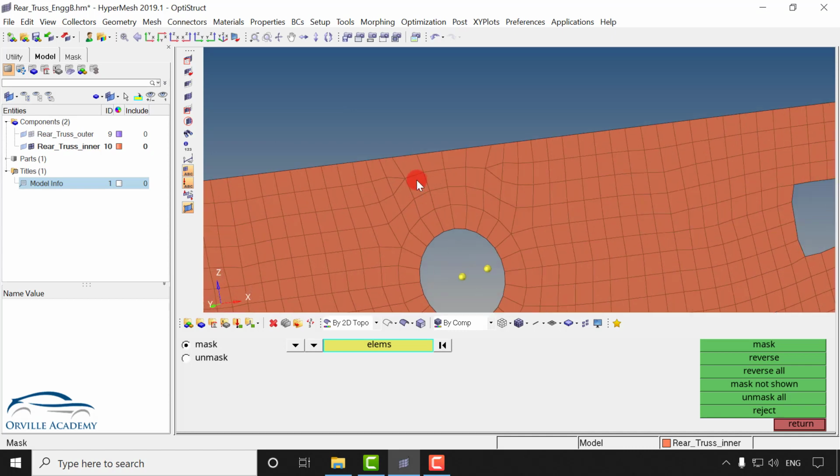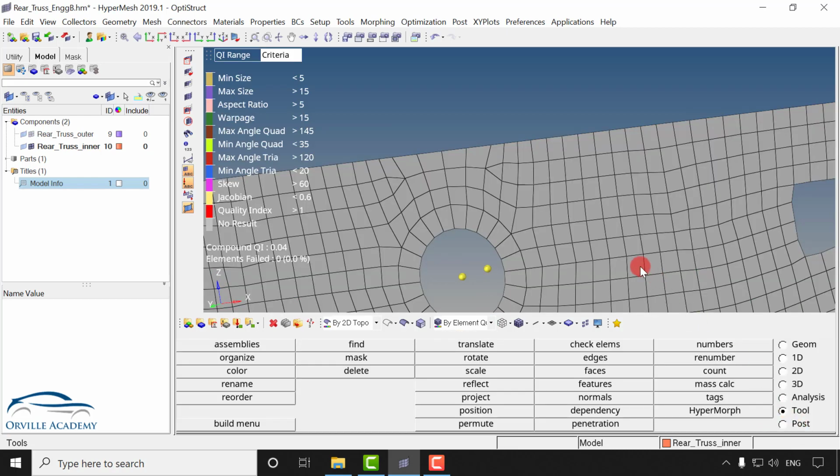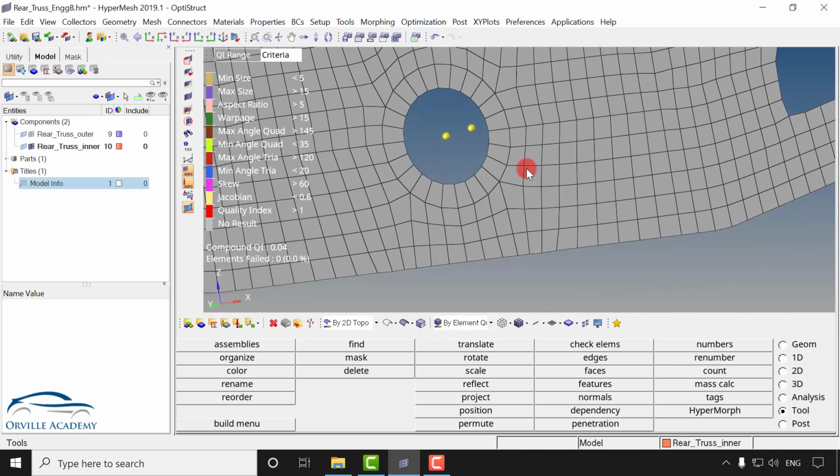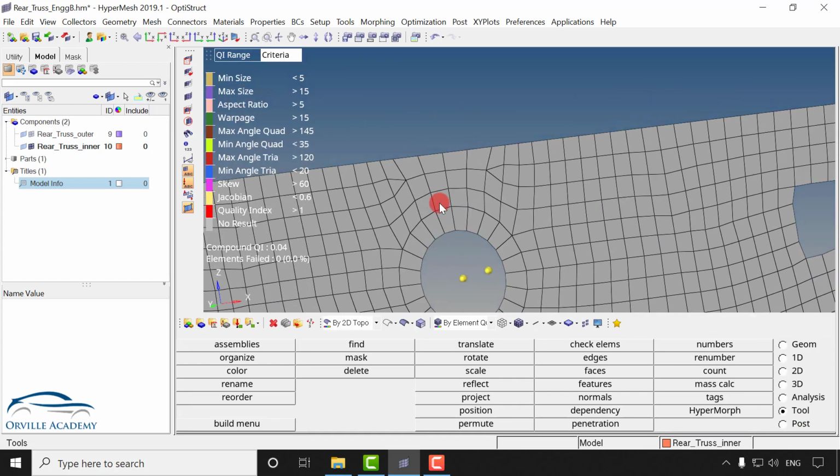But here you can say I could have removed these two opposite triangular elements. Let's see if we are able to remove them without harming our quality. So I will set it to by element quality. Then I will go for return. But again you have to take the decision. Here I have 3 layers of elements, and here also I have 3 layers of elements. So which one is important for you? Based on that you can take the decision. For example, if it is a structural analysis, then this would have been accepted. But if it is a crash analysis, then this thing would not have been accepted at all.